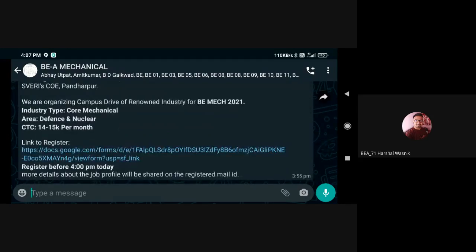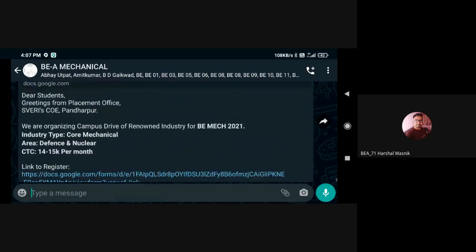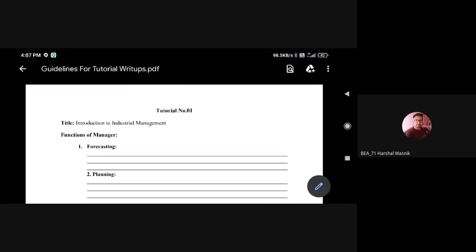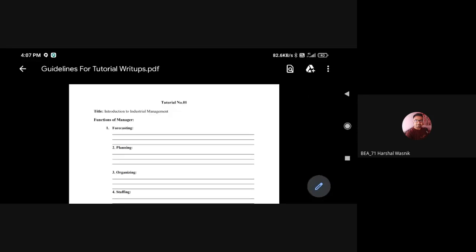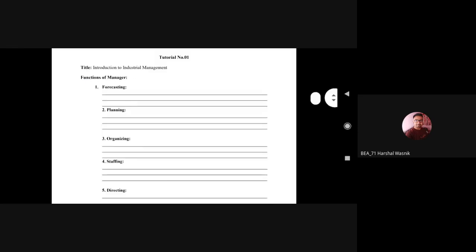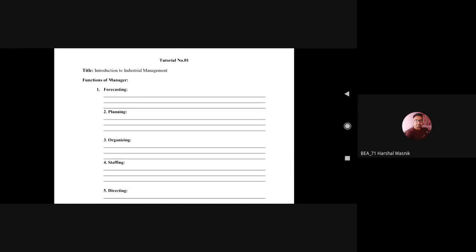So to register for that also, here I have given the guidelines for the practical write up. You have to write in your handwriting, this type of only one page report. So get ready for writing and save that file, as we already submitted ISA. You have to submit those practical reports written in one single file. I will share that link also, and you have to submit your data inside that link.